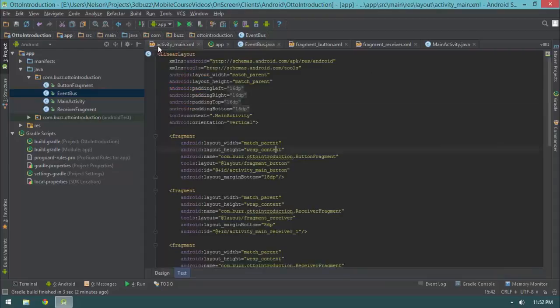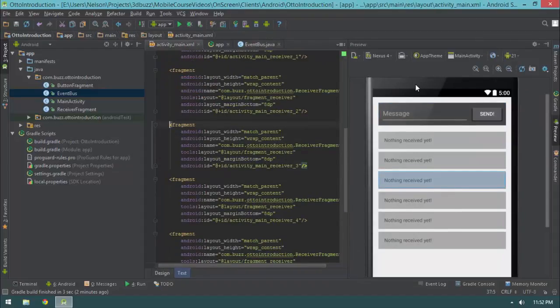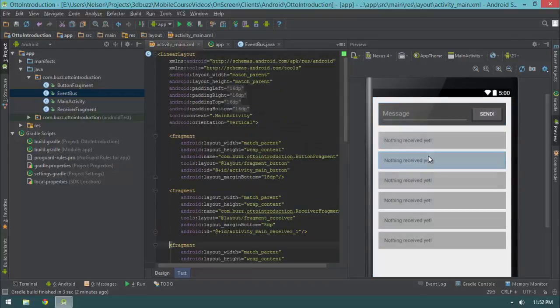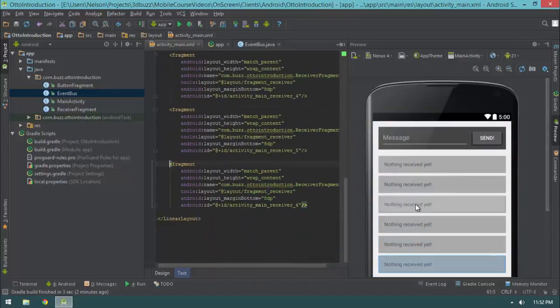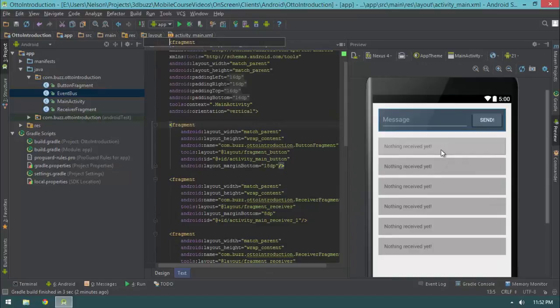So if I come back here into my activity main.xml file, you'll notice that I have six of these fragments and one of these fragments. I want them to be able to communicate with each other. Well, if you start thinking about events as opposed to the imperative programming way, the imperative programmer in you might